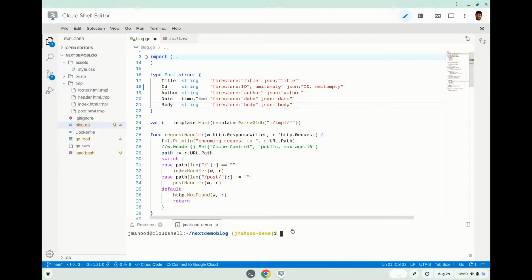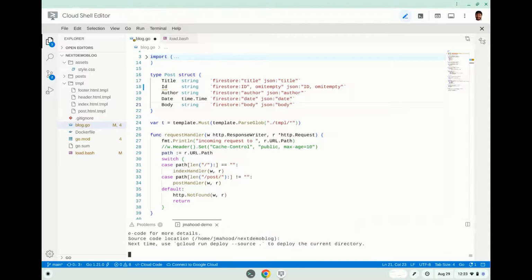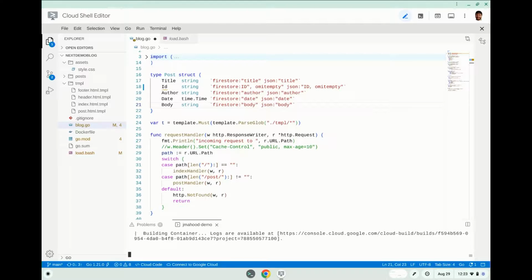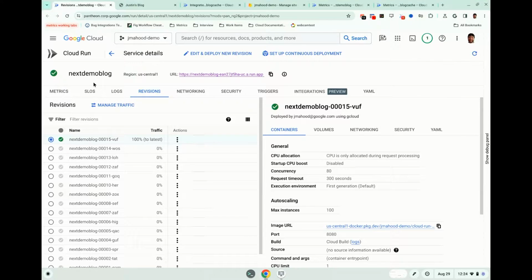I'm going to go ahead and deploy this live. So I'll do gcloud run deploy, next demo blog. And that's actually going to upload my source code. And it's off building that container. And that's not very fun to watch, so I'm going to fast forward in time a little bit using the magic of demo technology and jump over here to where I've got my blog container already deployed. And like I mentioned before, after that one command, gcloud run deploy, once it's deployed, I have a live public